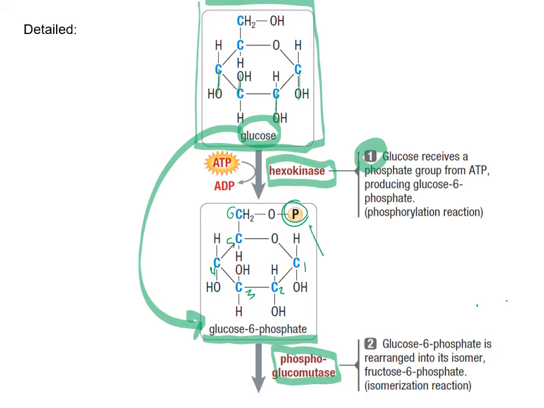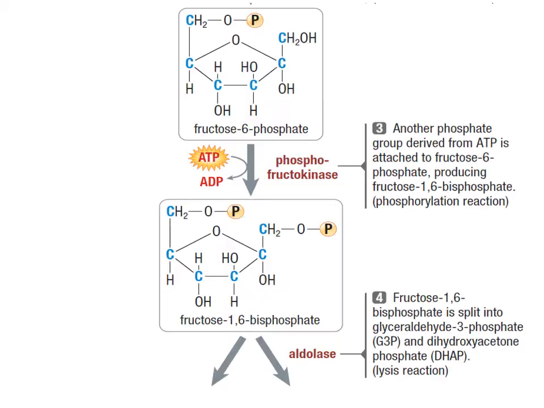And there it is, phosphate on the 6 carbon of glucose. It is now called glucose 6-phosphate. It then goes through the next step. And again, another enzyme will take glucose 6-phosphate and make this isomer of glucose 6-phosphate